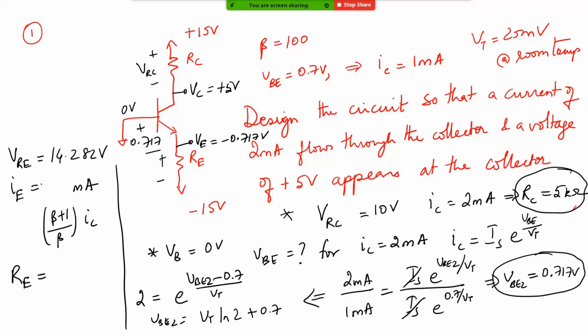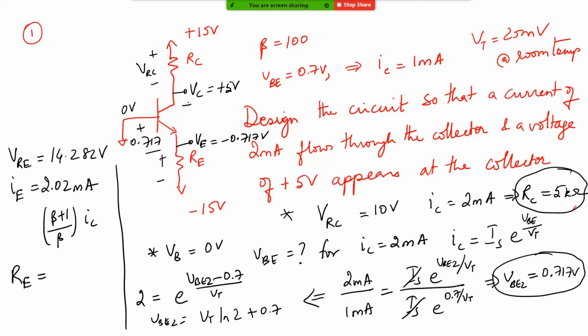Sir, it will be 2. Sir, your VRE should be 20 minus this, right? Where is 20? We have plus 5 to minus 15, right, sir? So it should be 20. No, this is minus 15 plus 15. VE is minus 0.717. VC is 5, right? So from plus 5, we are going to minus 15. So it should be 20 minus the